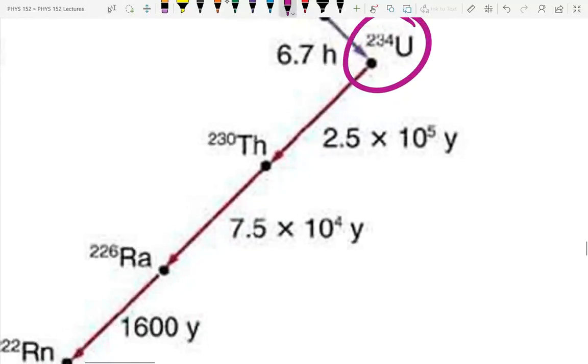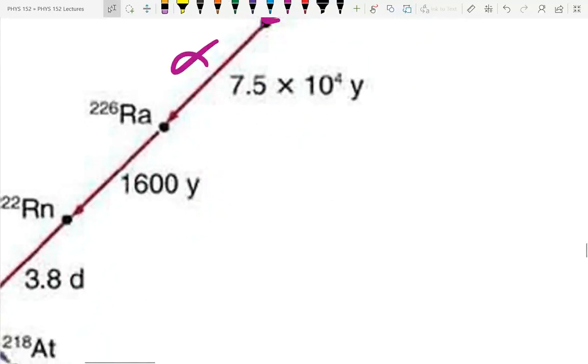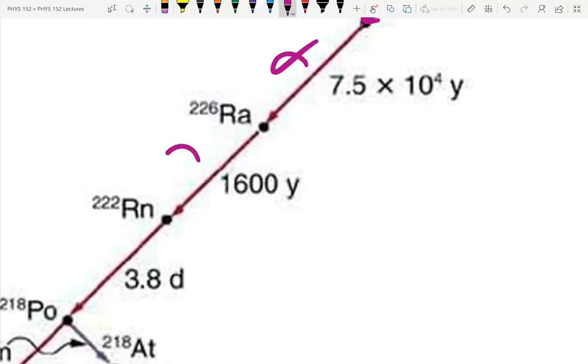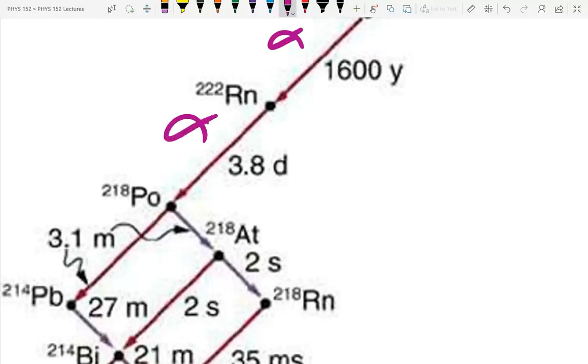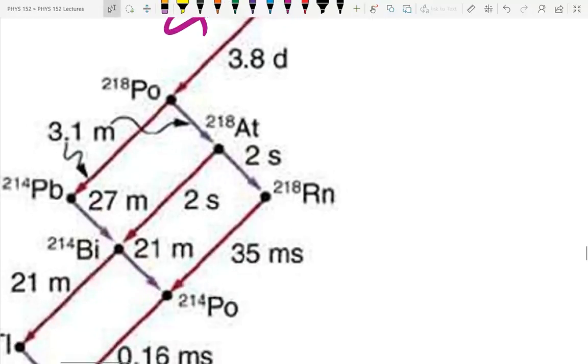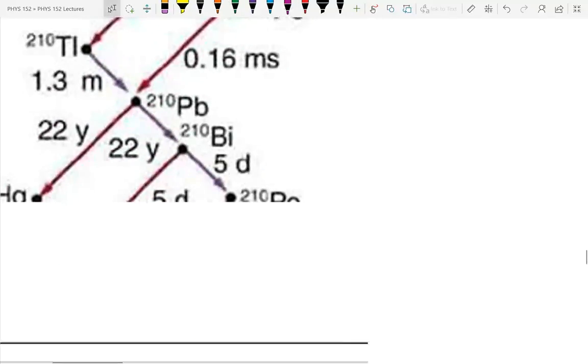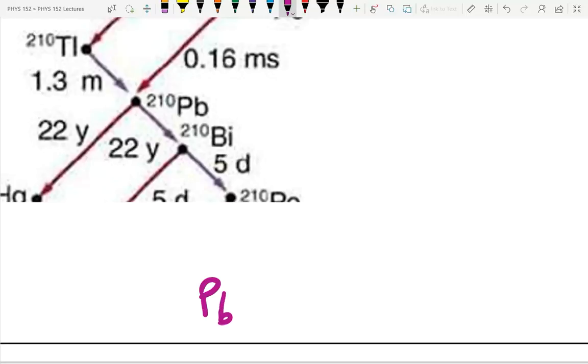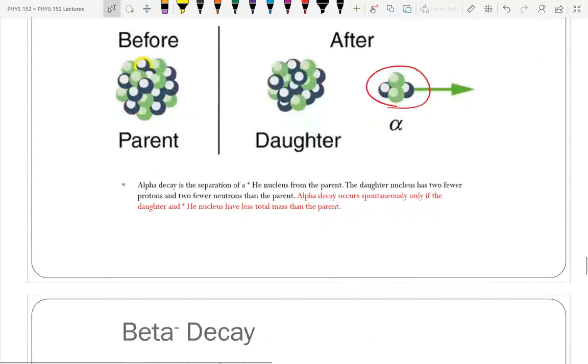The uranium-234 becomes thorium-230, so that's an alpha decay. Another alpha decay to become radium-226. Another alpha decay to become radon-222. Another alpha decay to become polonium-218. Then it may either undergo an alpha decay here or a beta decay there. And eventually, after many decays, it will end up as lead, I think it's 206. I don't remember exactly, and I'm not going to make stuff up. I can't believe I cut off the top and bottom of that.